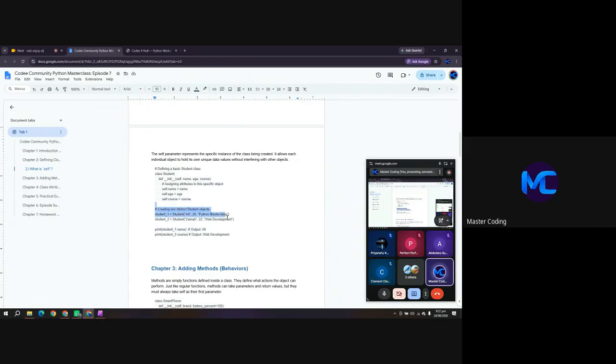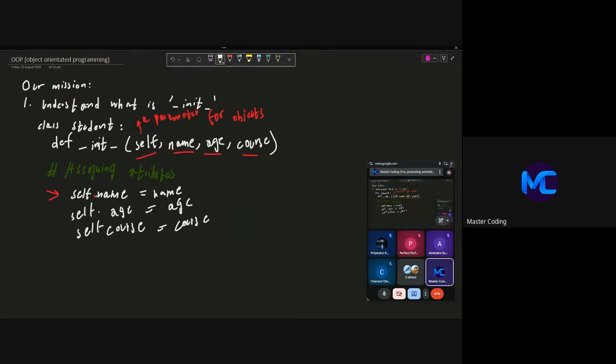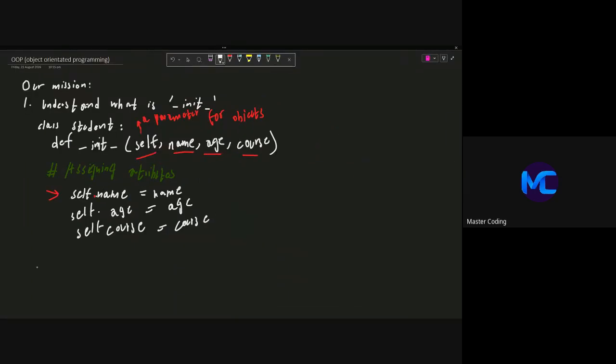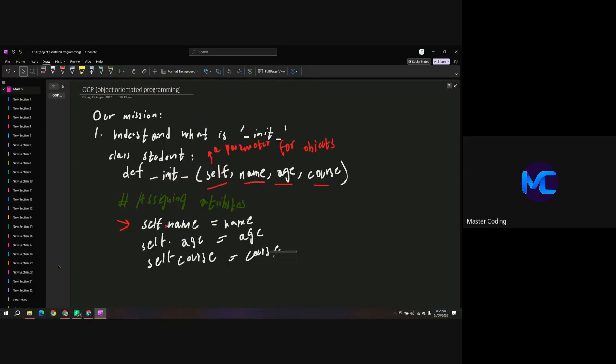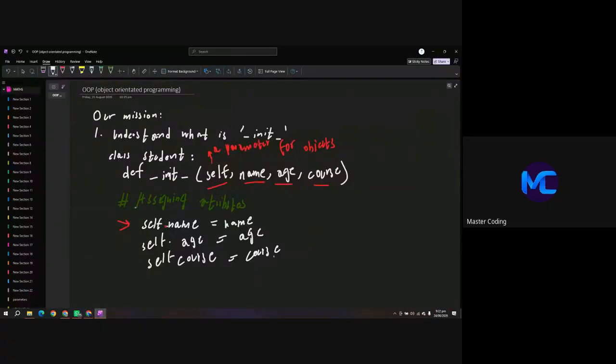So let's see an example. Let me just see my document. We can write here, let me just apply my pen. For example, we have student number one. We have student one, and we need to show its